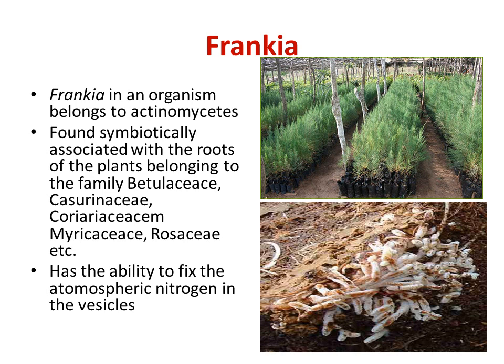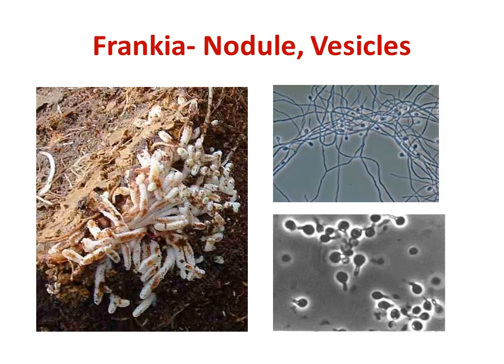Here in the case of Frankia, they can produce some structures called vesicles. Just as you could see in Rhizobium, when they interact with leguminous plants, they produce nodules. In the same way, these organisms can produce special structures called vesicles. Inside these vesicles, they can